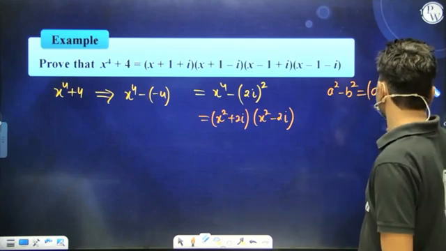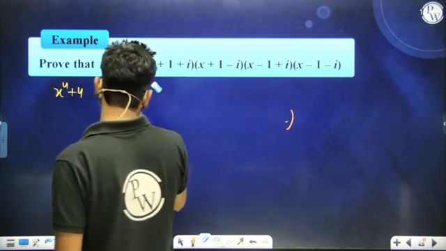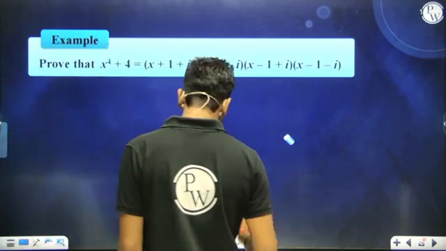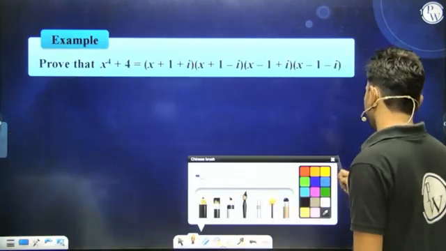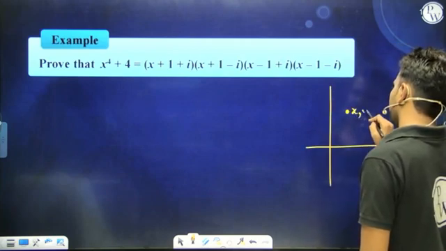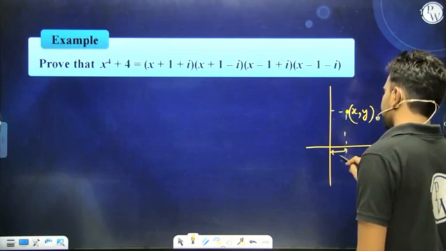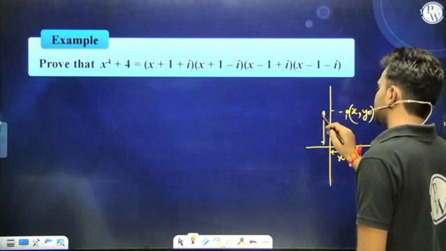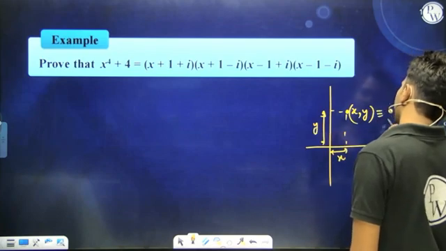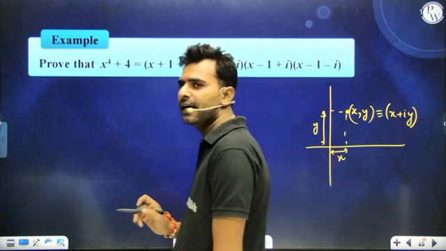Let's say this question has come objectively in your examination, and I hope you have studied a bit of the complex numbers. Let me tell you that if a complex number x comma y is the point x comma y in the Cartesian plane, where this distance is obviously x and this distance is y, then the same point in the Argand plane is going to be x plus iy. Yes or no? If you know this much, then let's say